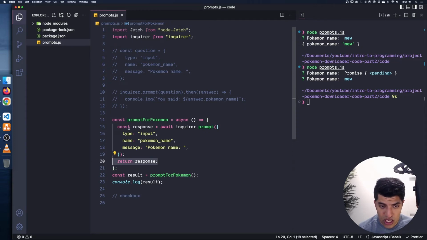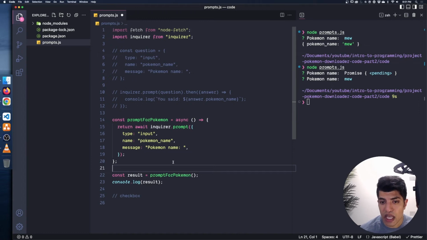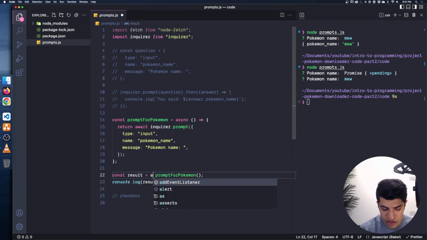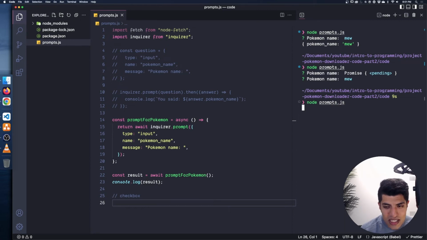So whenever you see creating a variable and then returning that variable, usually what you can do is just do that all in one step. So I can just do this. I can say return await that thing, okay? Now this is still going to give me a pending promise. So technically I have to await this and then I can get that result back out. So if I run this, we'll see it will work, and this await in the